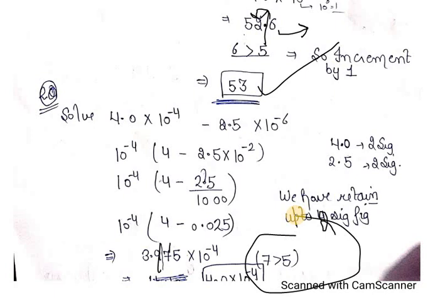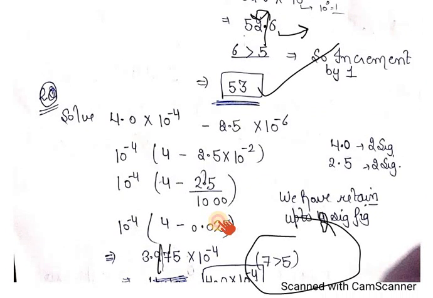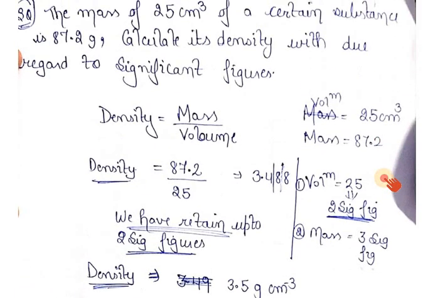So your answer will become 4 into 10 to the power minus 4. How will you write it? Not 4 only, you will write it 4.0. Why? Because if you write 4, there will be only one significant figure. But you have to give your answer up to 2 significant figures, right? So when you write the proper answer at the last, you have to write 4.0. That means 4, 0, there are 2 significant figures, right? So 4.0 into 10 to the minus 4 is the answer of this question, right? So there are the same rules as you will see. You have to just follow the rules.